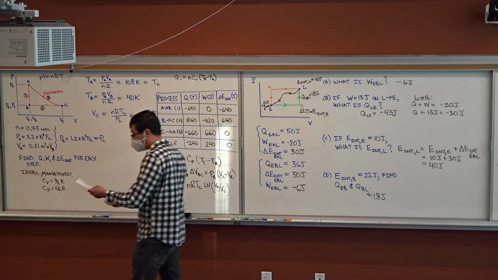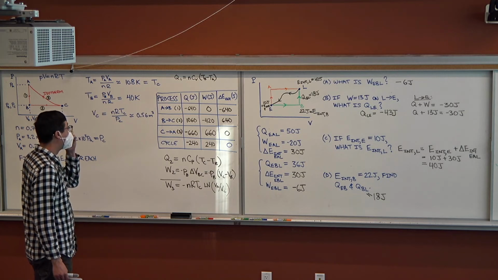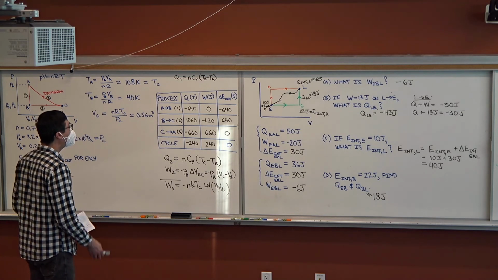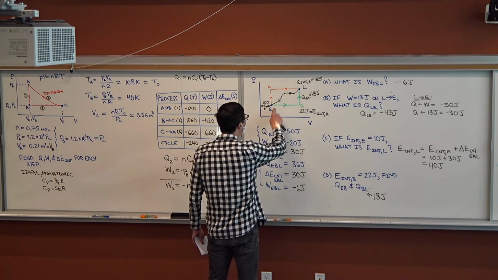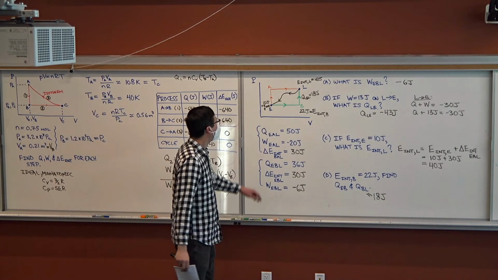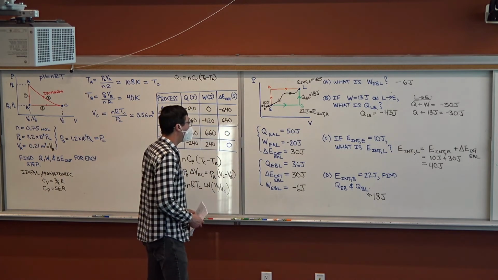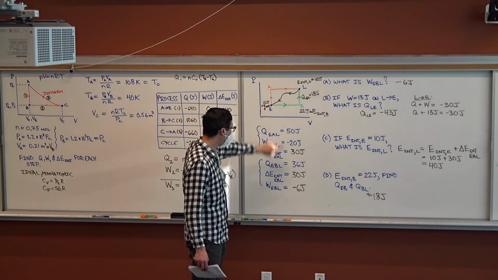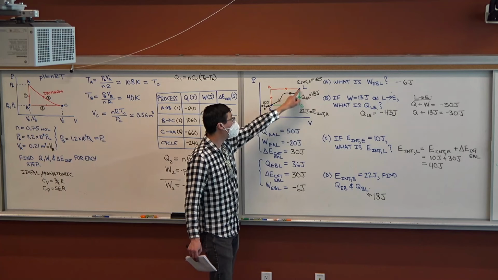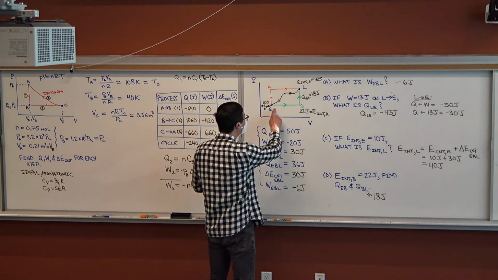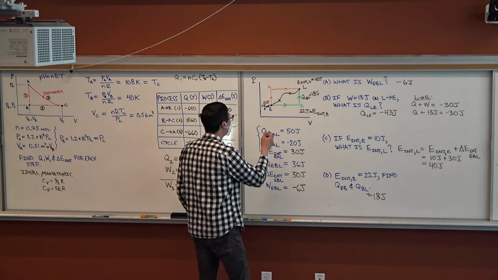The other thing that we can see here is, what's the work done in going from E to B? Well, we can see that the work done in going from E to B to L is minus 6 joules, right? But remember, we're not doing any work from B to L. So that means that the work done from E to B is minus 6 joules. And so what I know is that